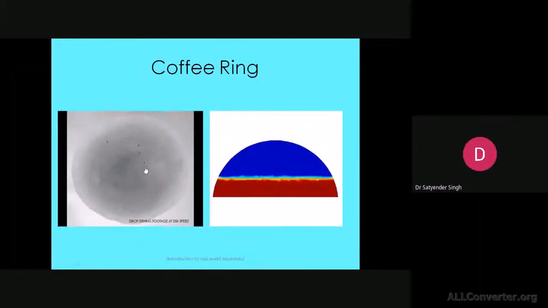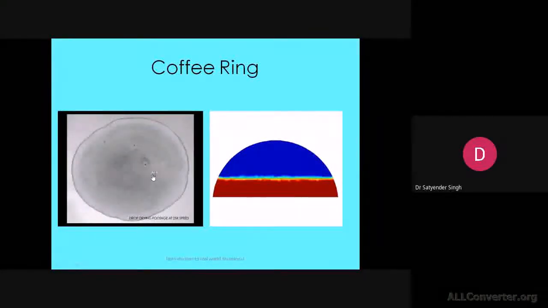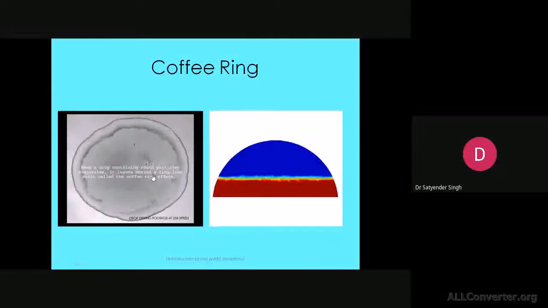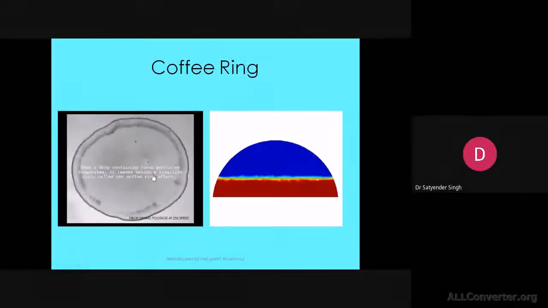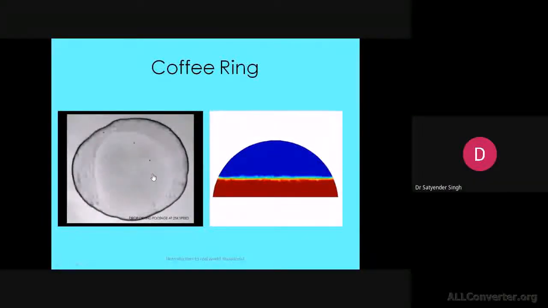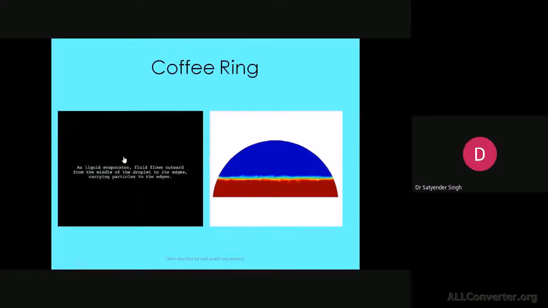Second, I will discuss the coffee ring effect, which is also concerned with droplet drying when it has some sediments and particles. You have also observed sometimes, when you put one cup of tea or coffee on a table, that you see a kind of ring left after that. The science which is inside can be revealed with the help of CFD.